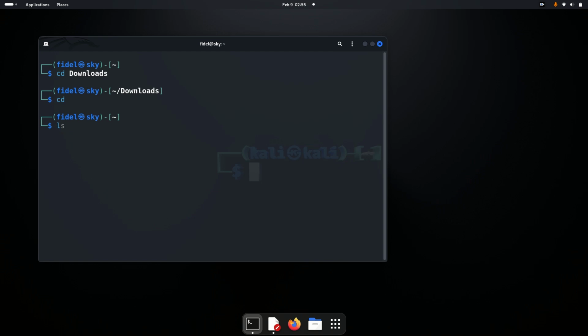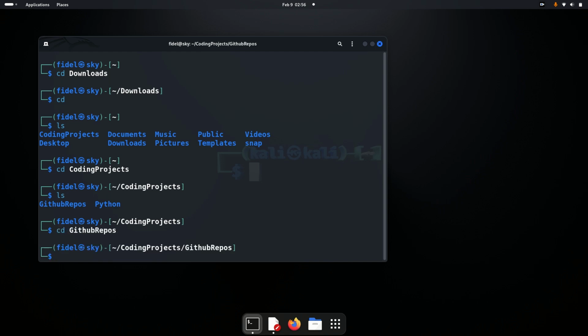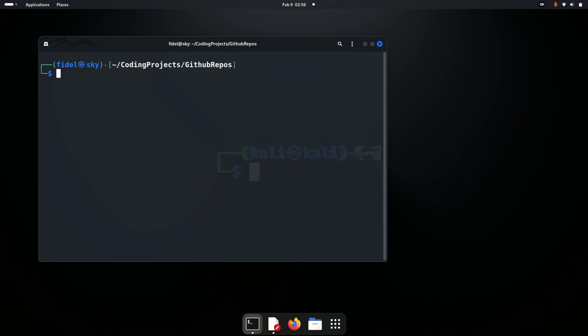Under the home directory, when I list all the folders that I have here, I have this coding projects directory. I can just move into that directory, tab to autocomplete, and ls. I have these other directories. I can try to move to the GitHub repos directory, and let me clear the screen. Once I'm here and I want to move back to another directory that was in the home directory, let me just bring up another terminal window,